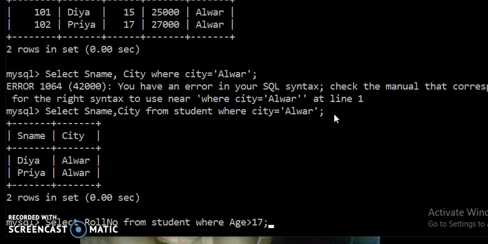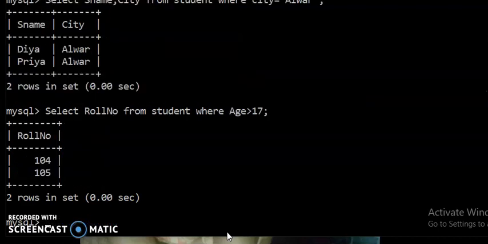But if you want to access the records of the students whose age is greater than 17, it means you want to access the records of all students whose age is greater than 17. So here we can access it. Only roll numbers 104 and 105 are the students whose age is greater than 17.